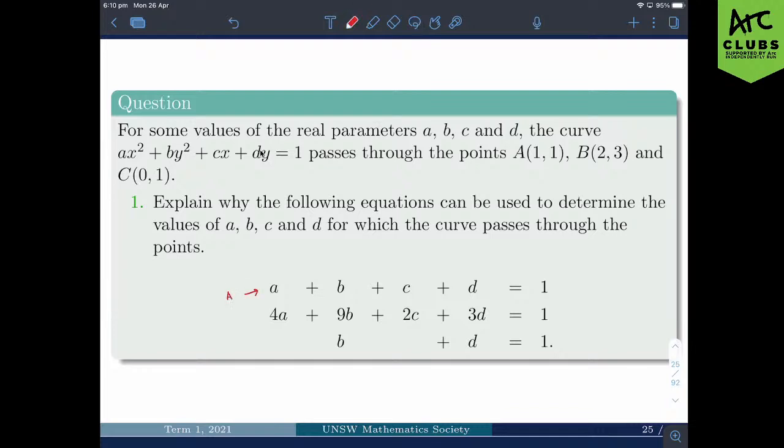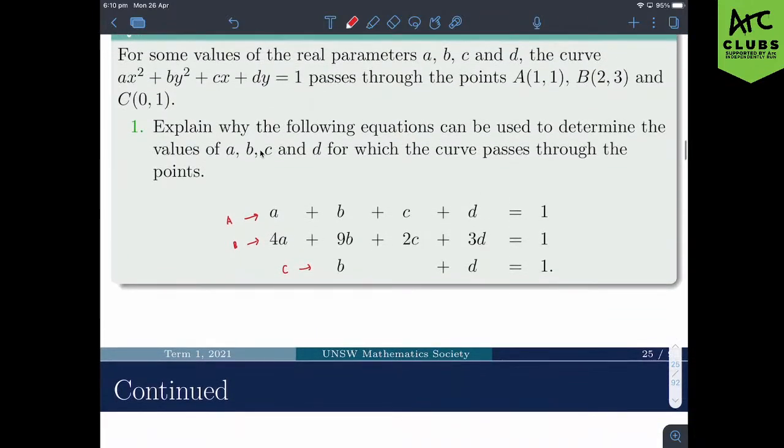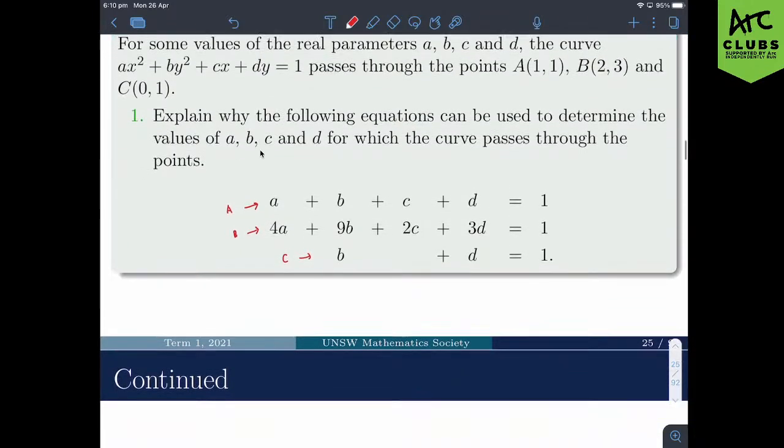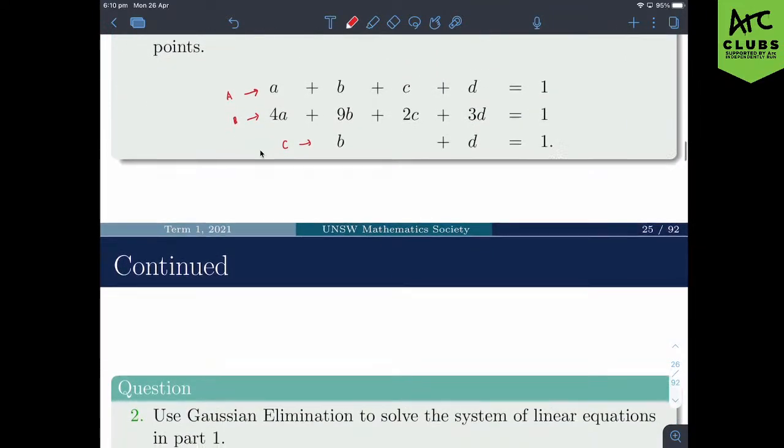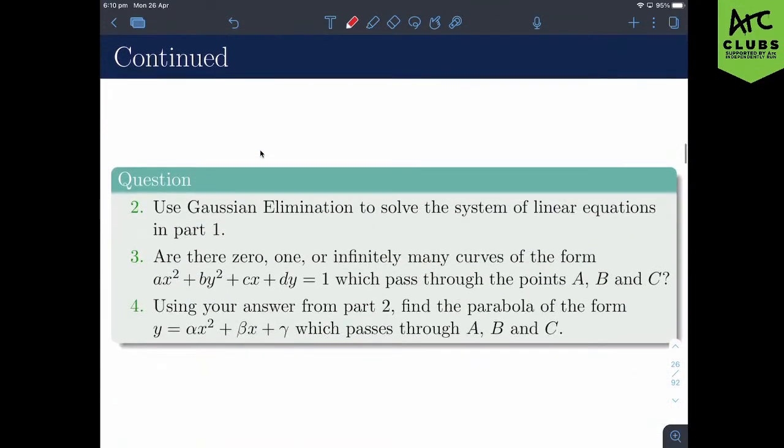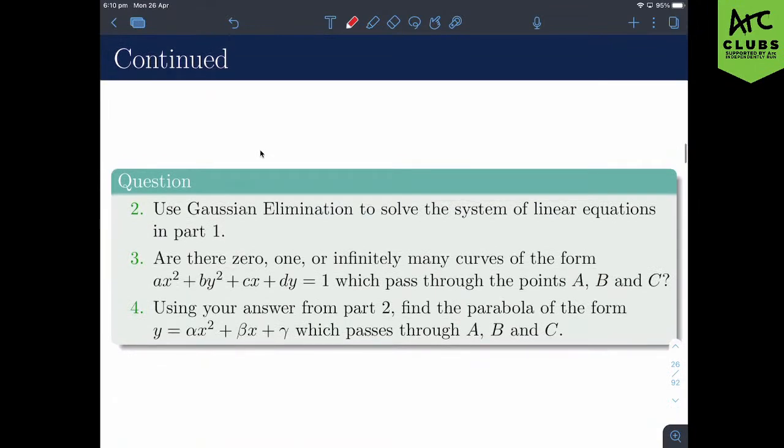equation we get from substituting A at (1, 1). The second equation we get from substituting B at (2, 3). And the third equation we get from substituting C at (0, 1). So I've written that in the slides later, but I don't think I need to show that to you yet. But yeah, the next question: we want to use Gaussian elimination to solve the system of linear equations